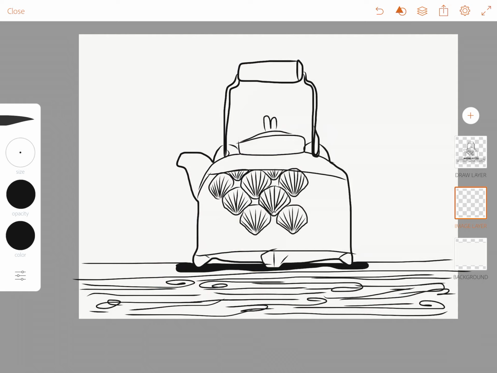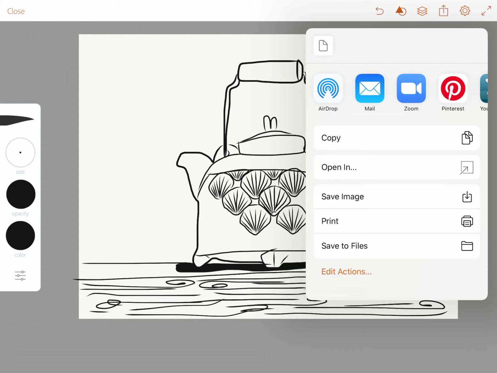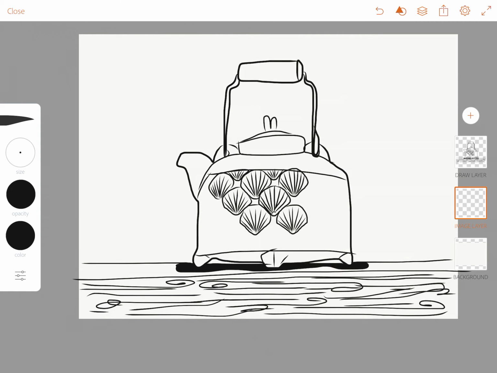So once your page is completely finished, you're gonna go ahead and in the upper right hand corner, you're going to share image. And you are going to save that image, and it's going to just go to your camera roll. So then you can go ahead and submit that. Make sure the one that you submit, if you have a sketch that you did in pencil underneath or you have a photo underneath, make sure that you drop that opacity all the way down so we're left with just the coloring book page. So I'm really excited to see what you guys do, and I cannot wait to see how great these pages